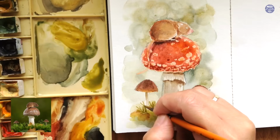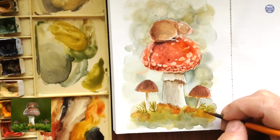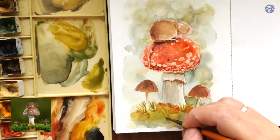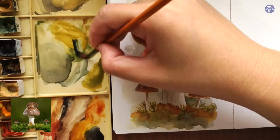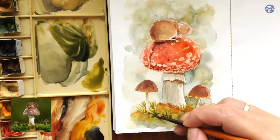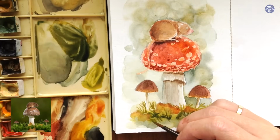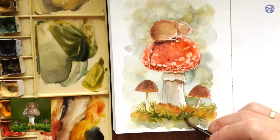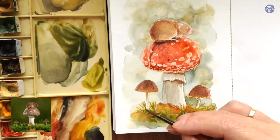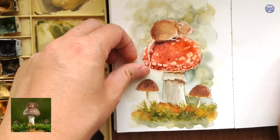I'm just trying to establish the edges directly underneath the mushrooms, which are interacting with the smaller mushrooms and the larger one. Then at the bottom, I'm going to lessen the amount of detail. So I like to use a mix of a darker green and the same yellow green. I like to paint similar textures but with less detail, and at the end I also smudge some parts of it so it looks kind of messy and blurry, and it doesn't take away from the details that we've added